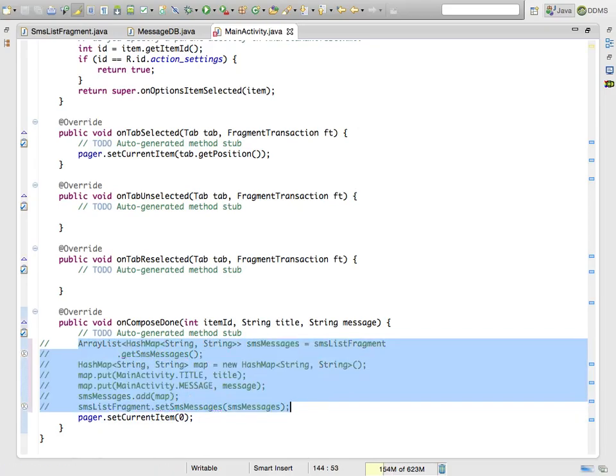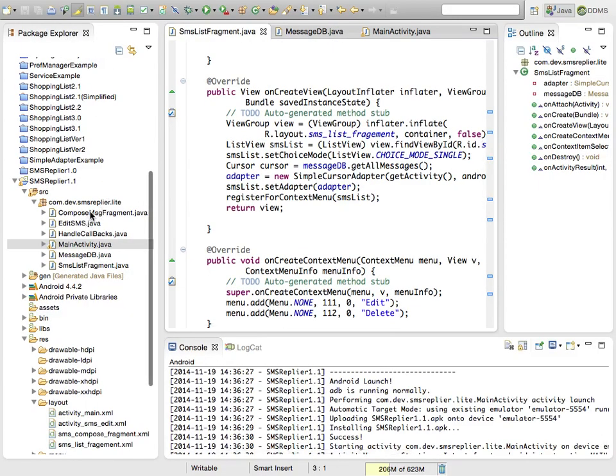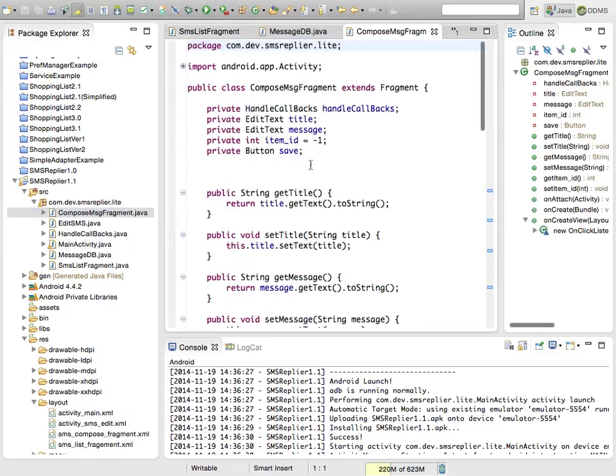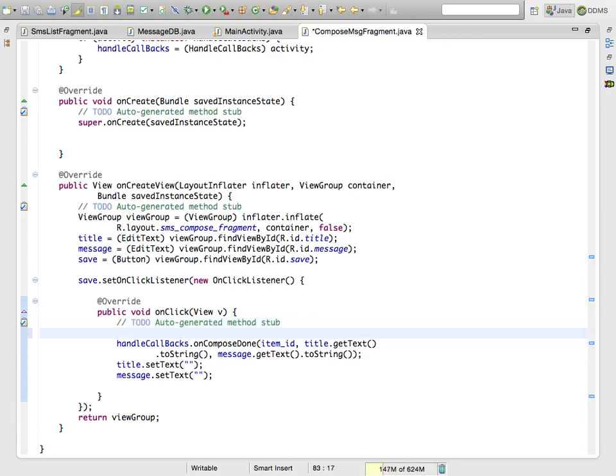We'll see what on compose done is, an interface method. So we are now moving to compose message fragment where a new data is added to a database. It can be a local instance because there are no adapters here. So this block, instead of passing the values, I can do